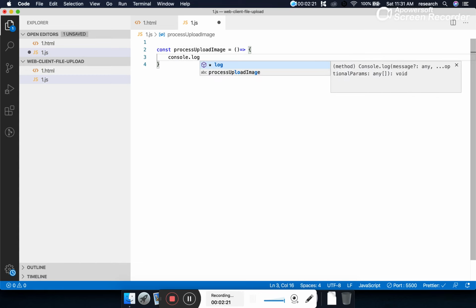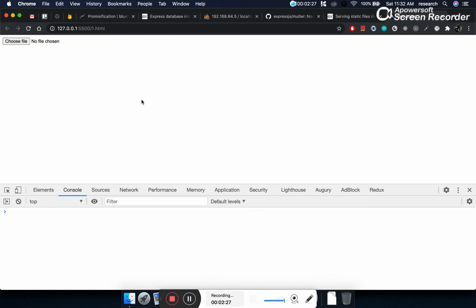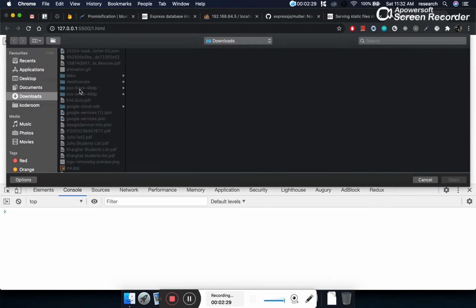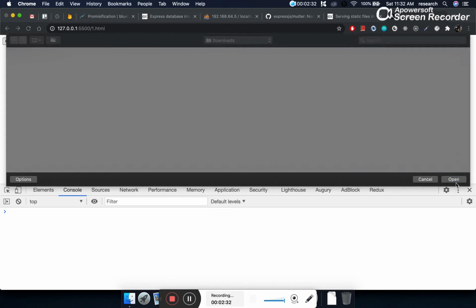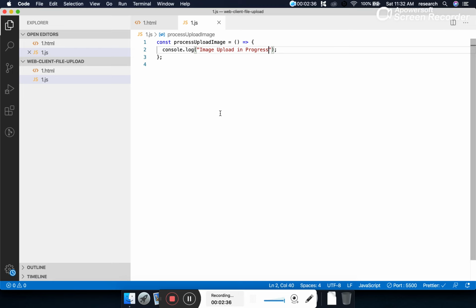Let's print some value here: image upload in progress. What I want to show you now is that whenever the user selects the image, you can see this method is getting called. So now here we will be doing the processing.